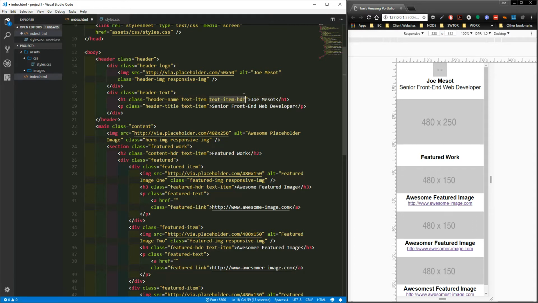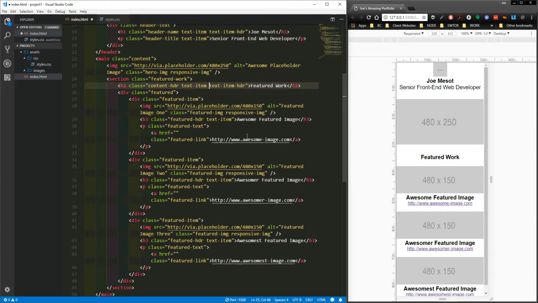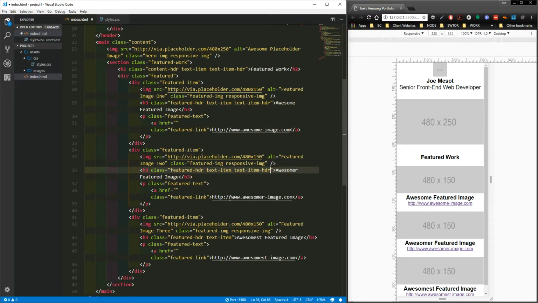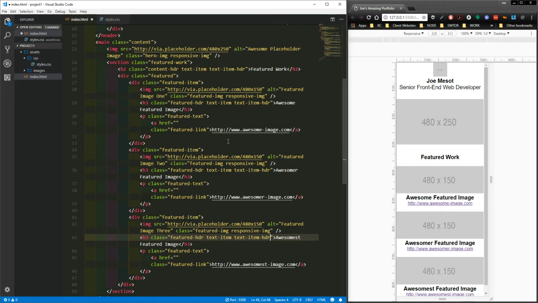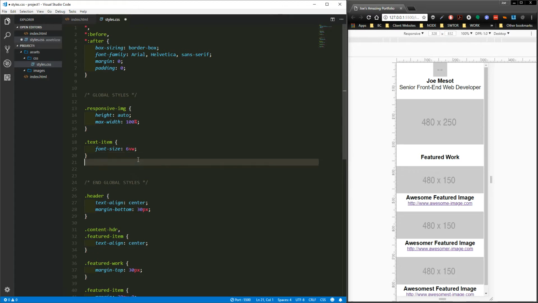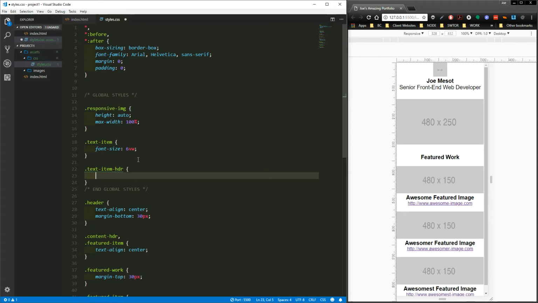Just for the headers. So text item header. This is a header. There's another one. Another one. And another one. Right? So now I've got text items at 6 VW, and I can do dot text item header at like, actually let me bump this down to 5, and then do this at